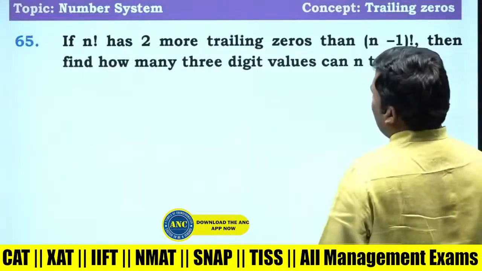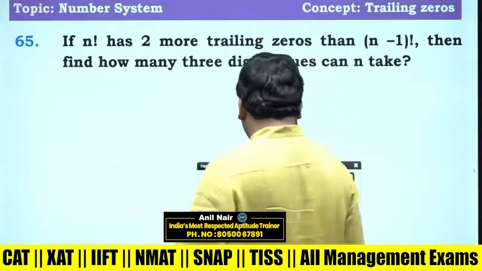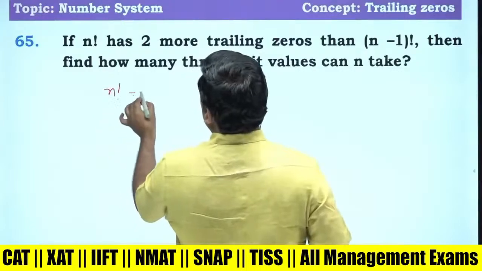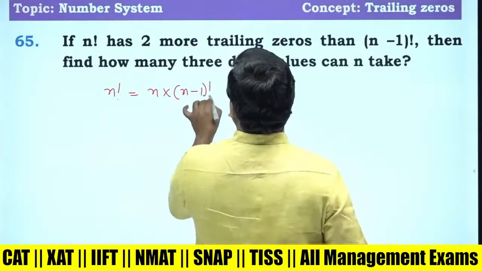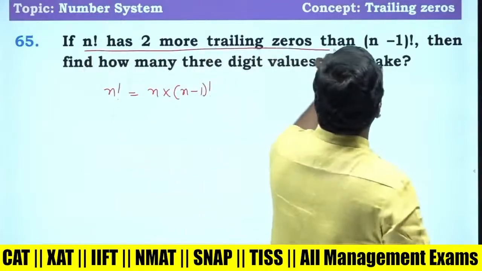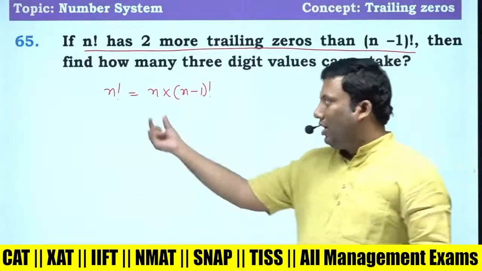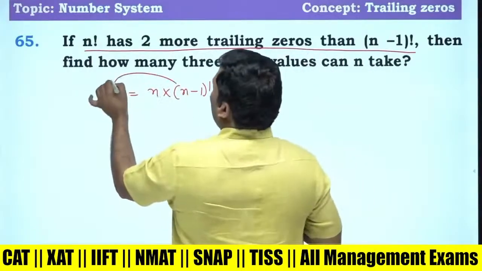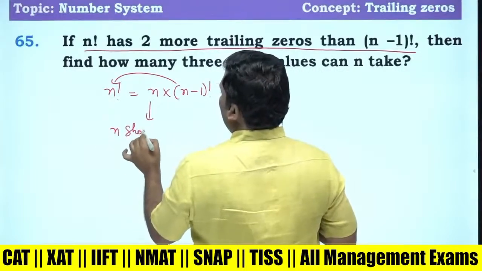Let us do one more question. Try to solve this question. Read the question, sir. N factorial is written as n into n minus 1 factorial. N factorial has 2 more trailing zeros than n minus 1 factorial. The left hand side has 2 more trailing zeros. That means n should be a multiple of